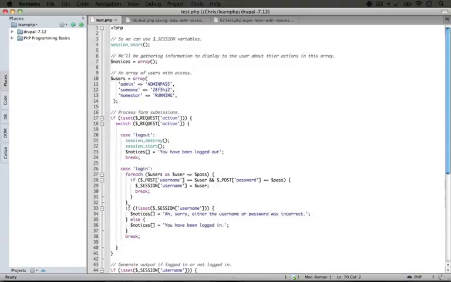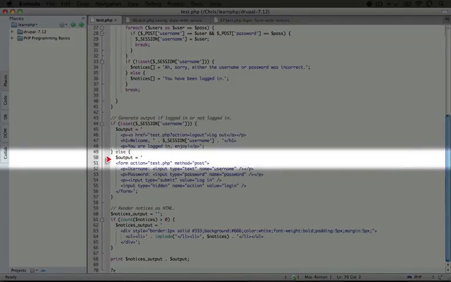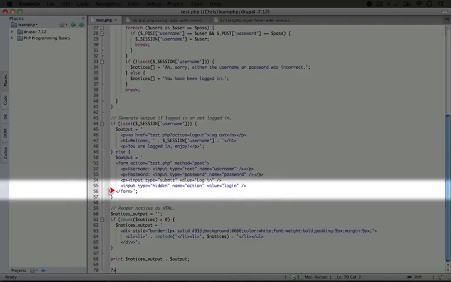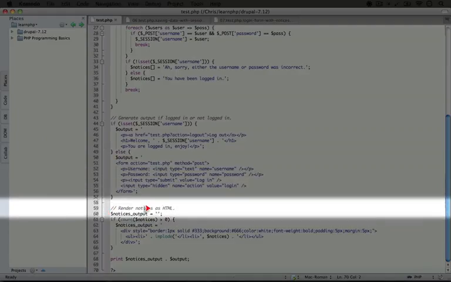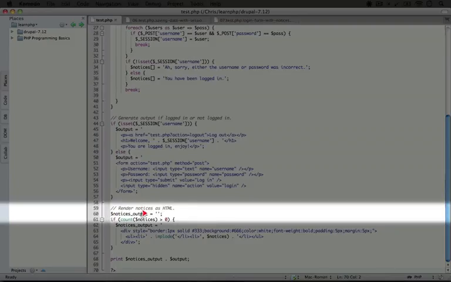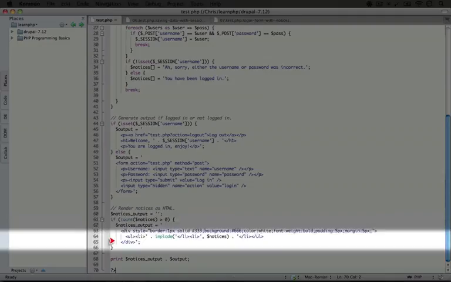I'm going to go ahead and scroll down to see the rest of the code. In our next step, we're checking to see if the username has been set, which it hasn't. So we're going to print this login form one more time. Finally, we actually have notices this time. So we're going to initialize our notices output as an empty string variable. We're going to check to see the count of notices, which will be 1 now. And so 1 is bigger than 0. So this condition will return true, and this code will run.